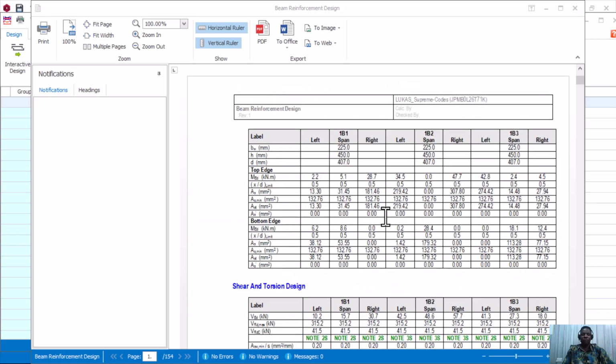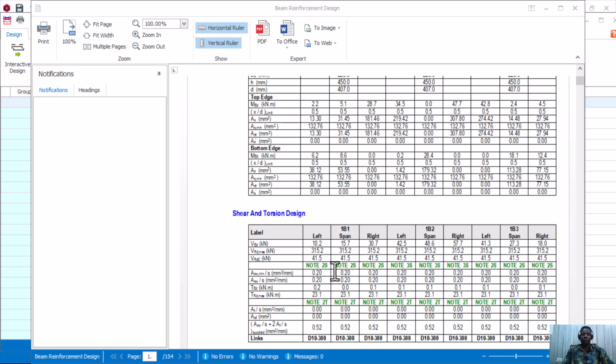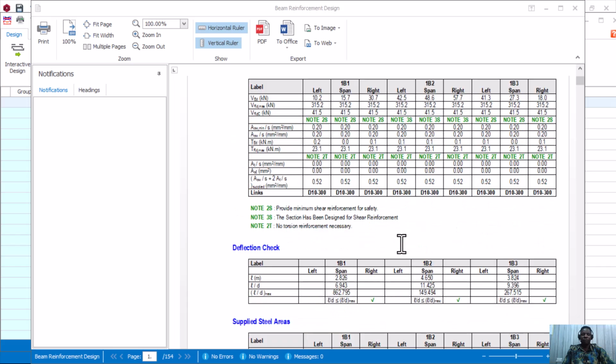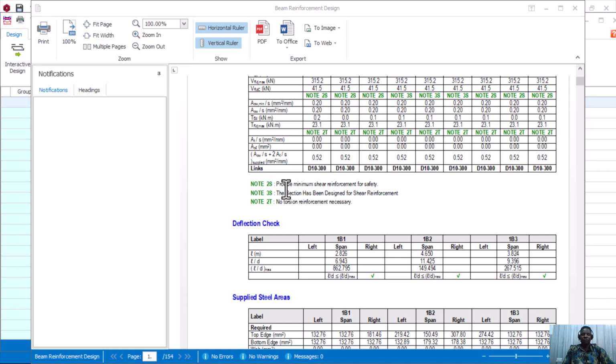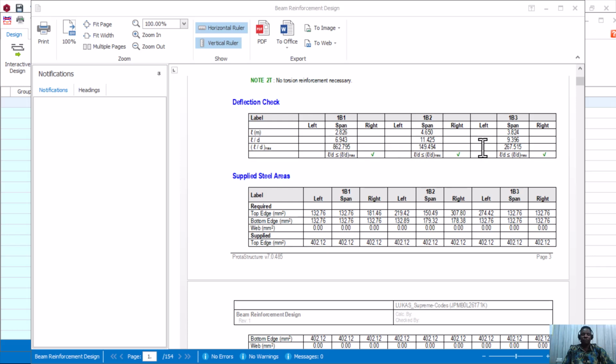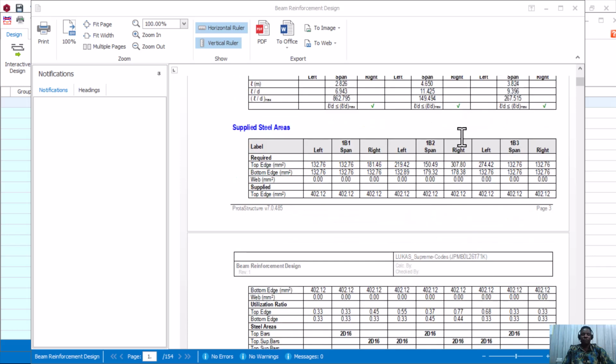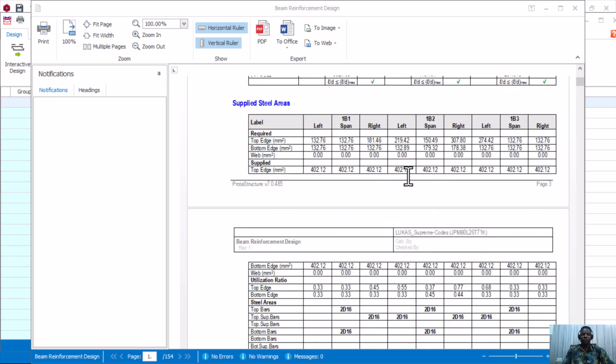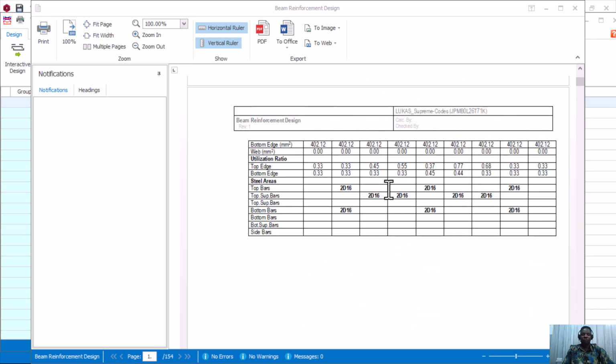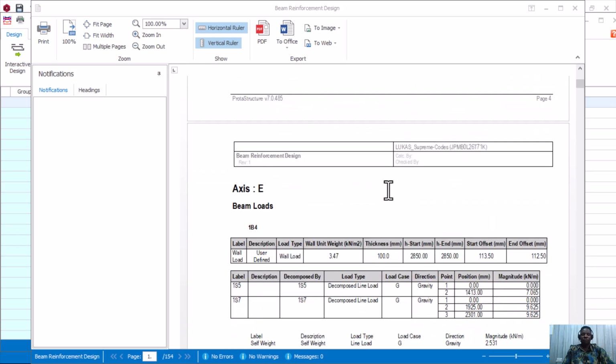Because we have different types of beam, okay, and you can see all nodes in green, right? So all approved. Two nodes provide minimum shear force for safety. Okay, three sections, and all of this was identified. You can see all parameters, right, left, and all three spans are adequate and satisfy the minimum and measurable